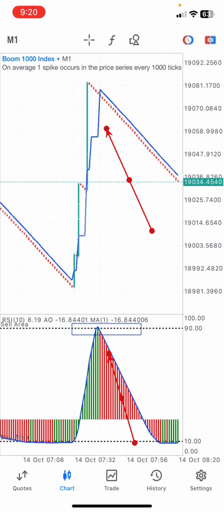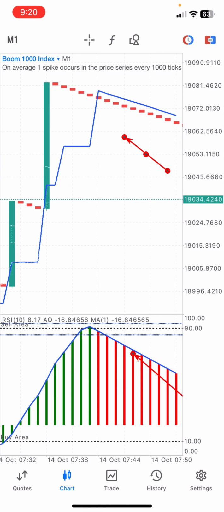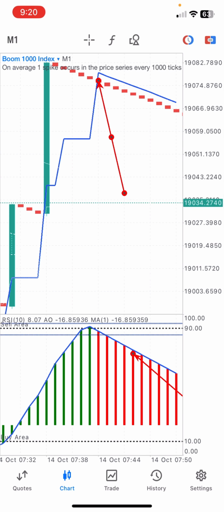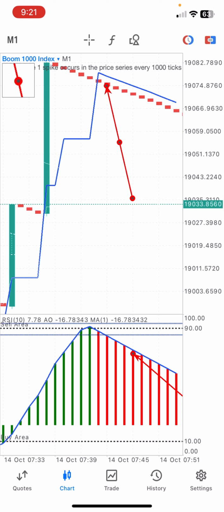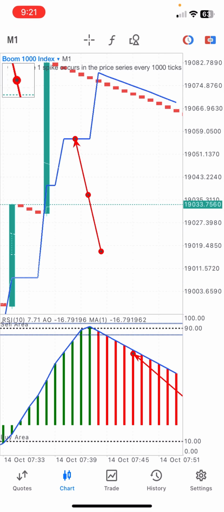And what do you want to see in your main chart before taking any entries? Let me zoom so you can see. You want to at least see a candle close inside the moving average right here. This is the candle that closes inside this moving average, and your oscillator has already changed from green to red. Then you take your entries immediately, right at this spot. When this candle opens, you take your entries,